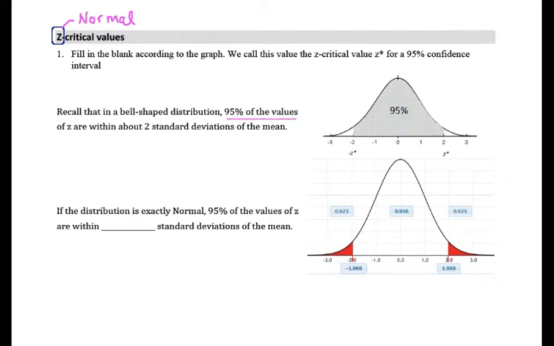of the values approximately are within about 2 standard deviations of the mean in any bell-shaped curve. If that distribution is exactly normal, then we can get a little more specific than 2 standard deviations of the mean. We can see from this picture here that if that's the center 95%, it looks like we go from negative 1.96 to positive 1.96, which means that 95% of the values are within 1.96 standard deviations of the mean. And we call that 1.96 a z-critical value